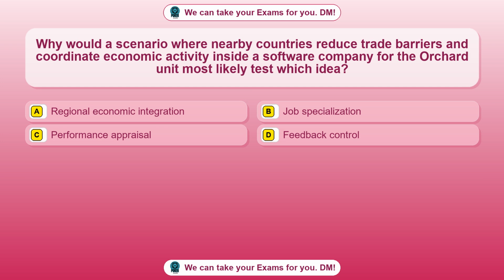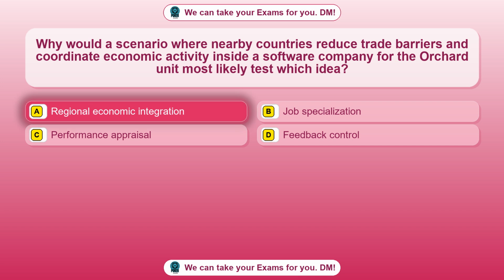Question 24. Why would a scenario where nearby countries reduce trade barriers and coordinate economic activity inside a software company for the orchard unit most likely test which idea? Option A, regional economic integration. Option B, job specialization. Option C, performance appraisal. Option D, feedback control. The correct answer is option A,